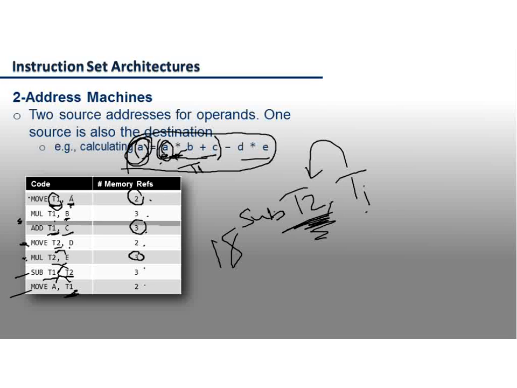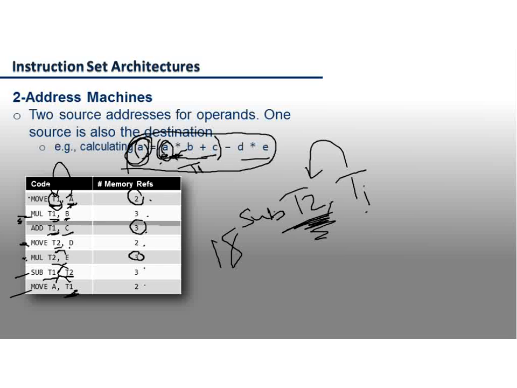Sorry, first of all, I get the A, right? Store it inside T1. Then I need to do the second part, which is the multiplication. Second step, multiplication. Now T1 has the value of A, because we moved value A to T1. So it has the value. So I can straight multiply T1 with B, but according to the two-address